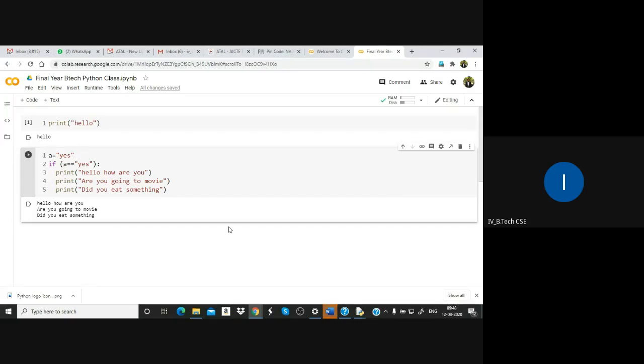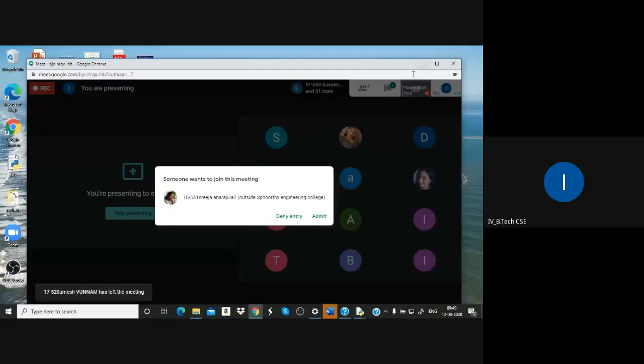In Python, the syntax of if has brackets around the condition, after that a colon, and after that the block. And you have to understand that in Python we do not end any line with a semicolon. There is no semicolon in Python. Please remember, no semicolon. All of you understand this.